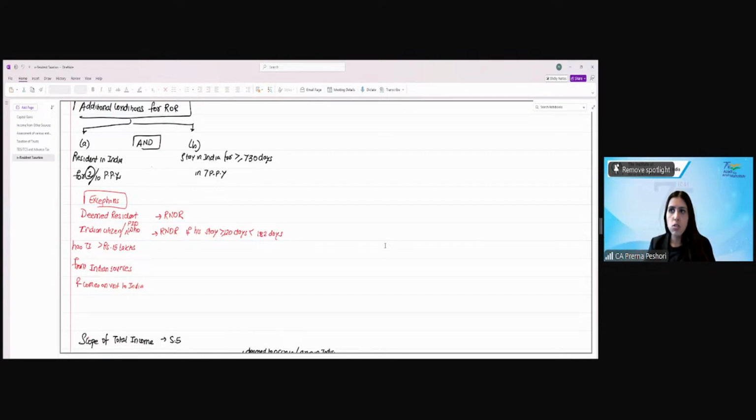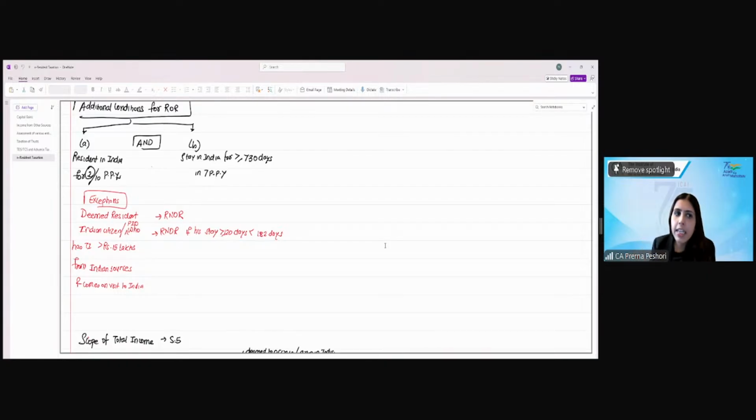If this person who is not liable to tax in, let's say, UAE, is now considered as deemed resident because of this provision, he is not visiting India for even 1 day. Even if he was not a deemed resident, when this provision did not exist, even in that case,